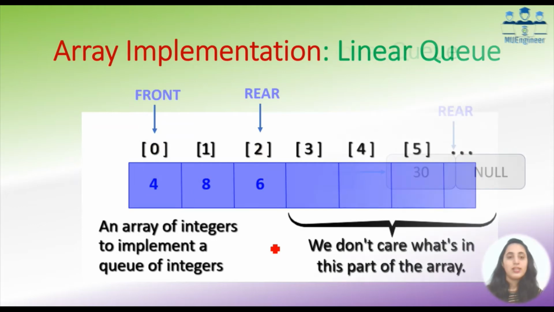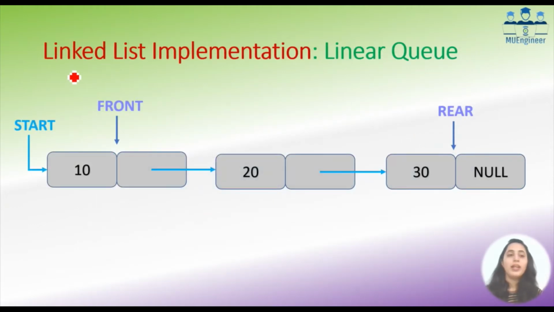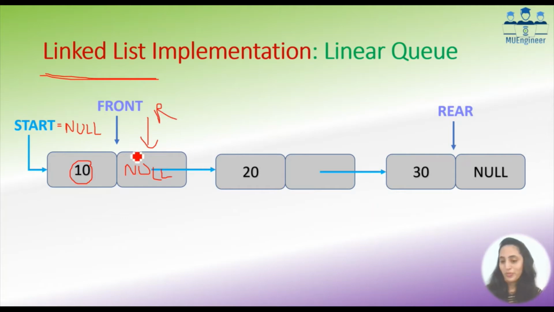Now next, if I want to represent a queue using linked list, the linked list implementation is shown over here. In the beginning, when you write a linked list, your start is null. You indicate it with the keyword null. But when I add the first value, suppose say for example 10, then my start is pointing to 10 and 10 says there is no one after me. I am the only one at the front and rear. So both your front and rear are pointing to this node, and 10 has null in the next part.